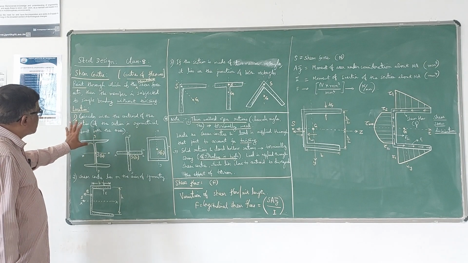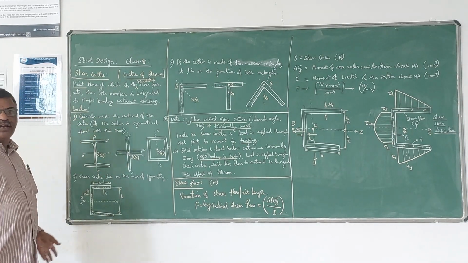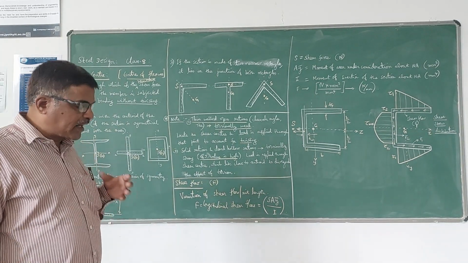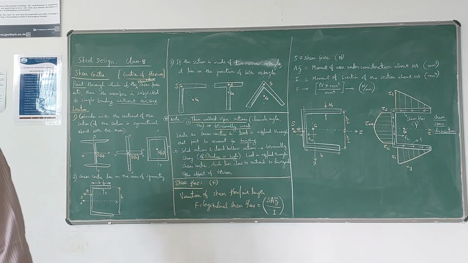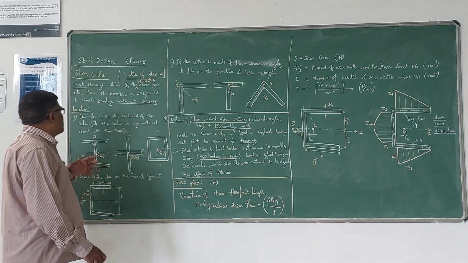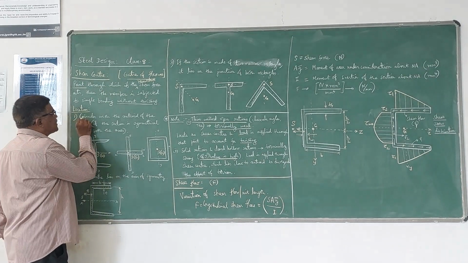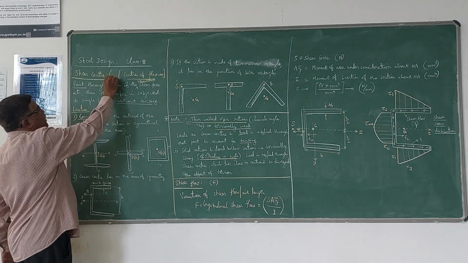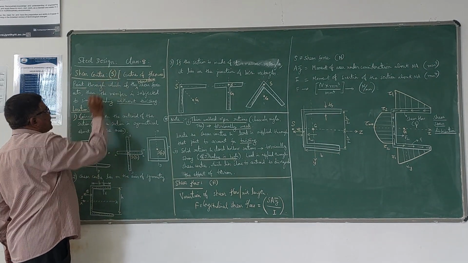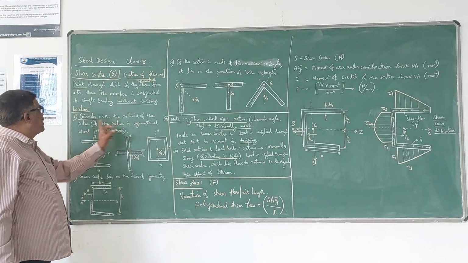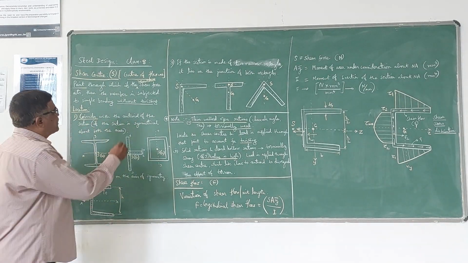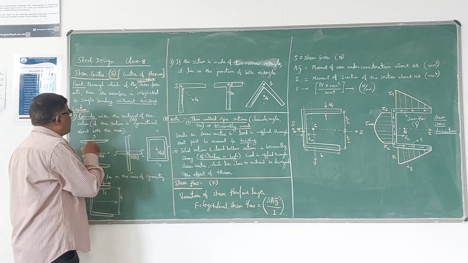Now, the location of the shear center of course depends on the type of section we are going to use. The shear center, which is normally denoted by S, coincides with the centroid of the section, denoted by G,